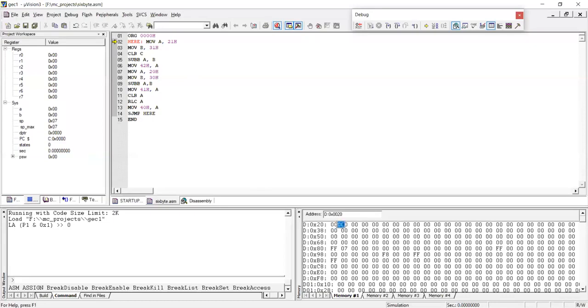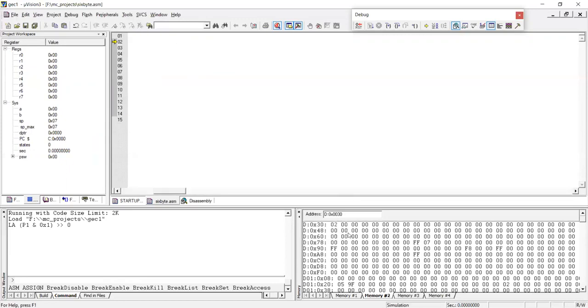The higher byte is 05 and the lower byte is 9F, so this is the 16-bit number 059F. The second 16-bit number I will store in 30H and 31H. The higher byte stored in 30H is 02, and the lower byte is B8.